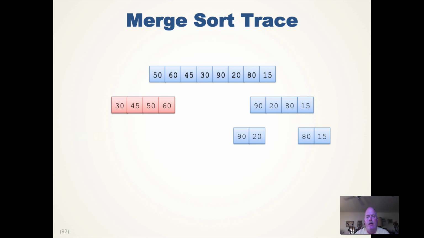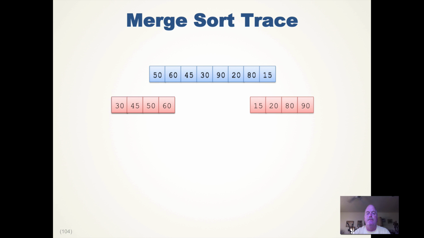right side. We do the split, we do the split, we do the merge. We then have that, we now do the merge sort on the right side. We did the merge, we did the merge. Now we do the merge of these two arrays together. Select the 15, select the 20, select the 80, copy the 90, and now we can merge these two arrays